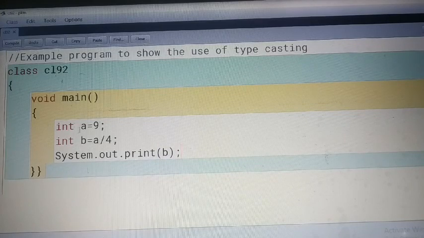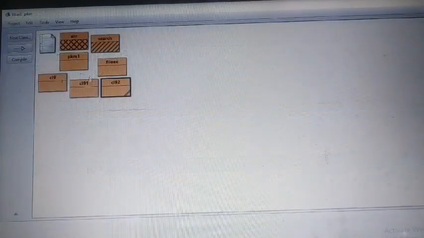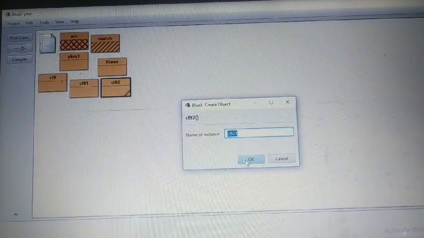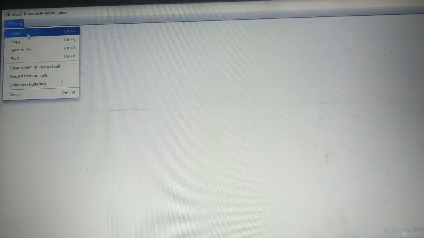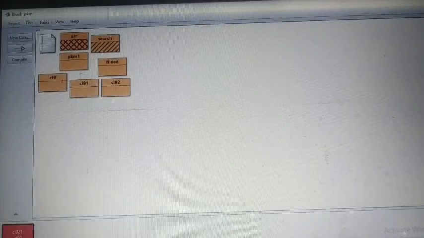So see, what can be the expected result here? You are going to perform 9 divided by 4. So the returning result should be 2 point something, isn't it? It will be in fraction. So how is the system going to work? See, compile, close. Okay, now see the result. It is coming only 2.